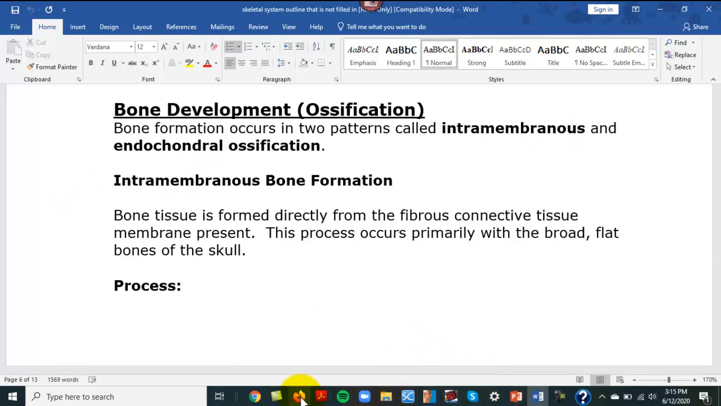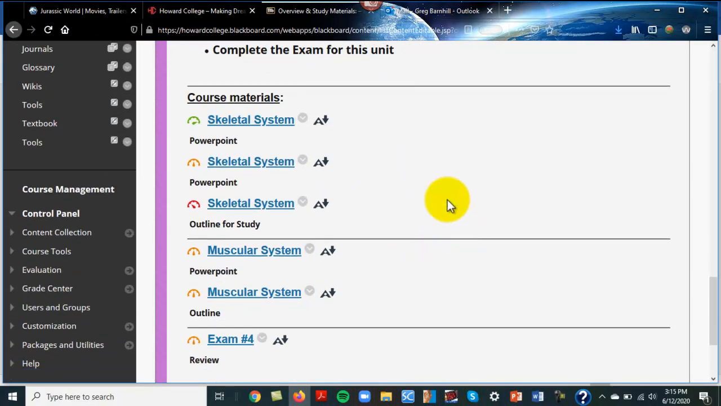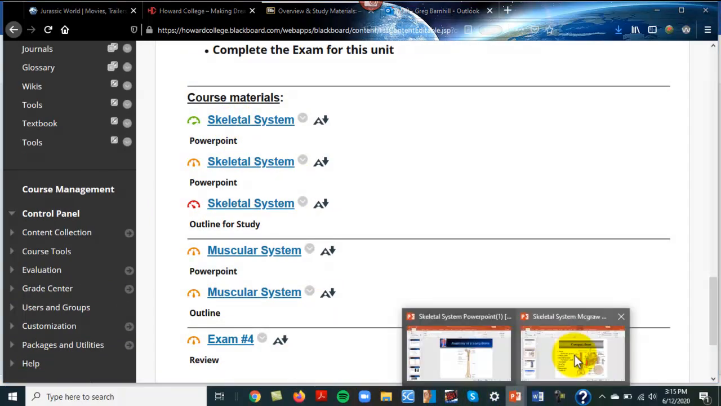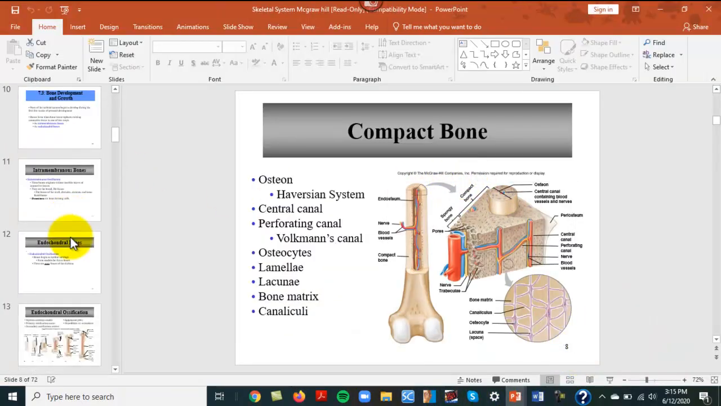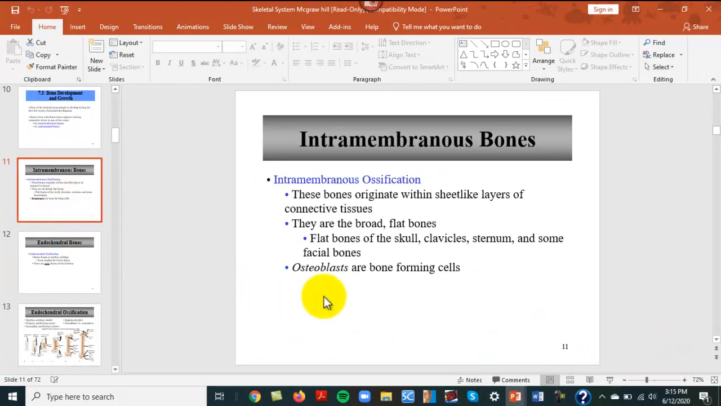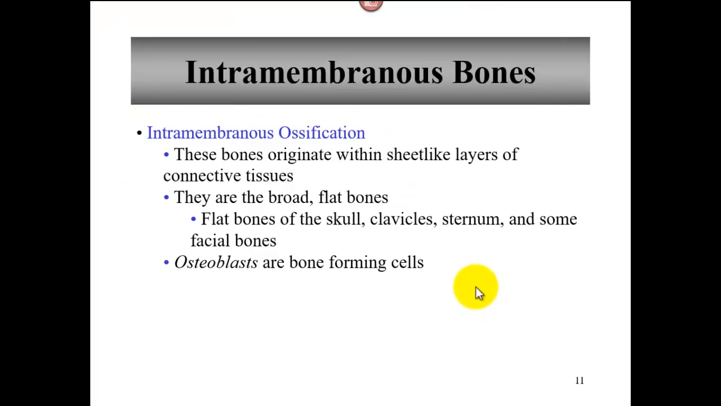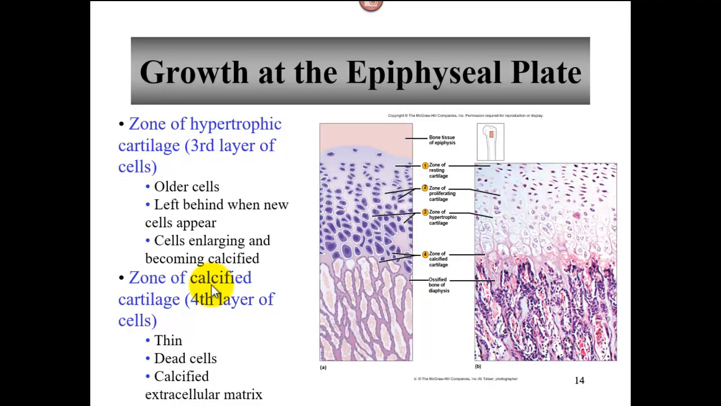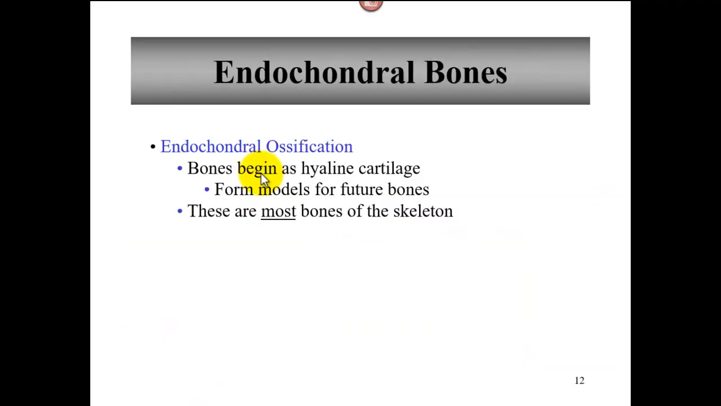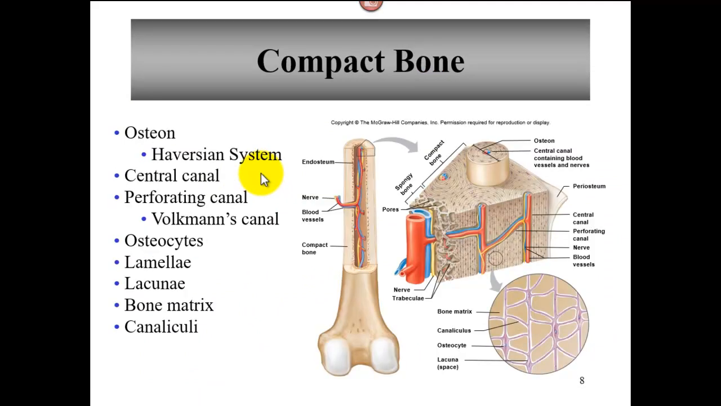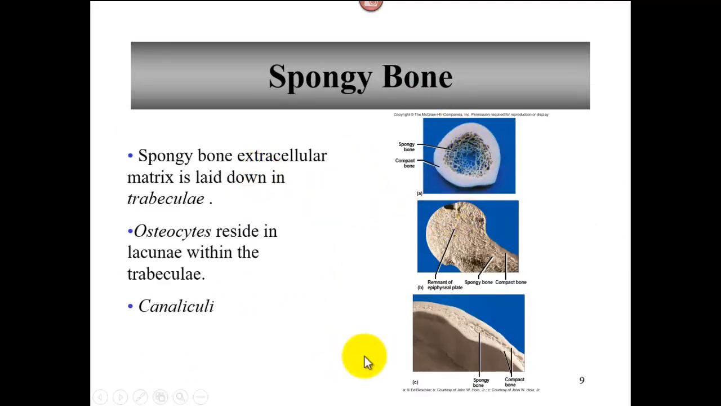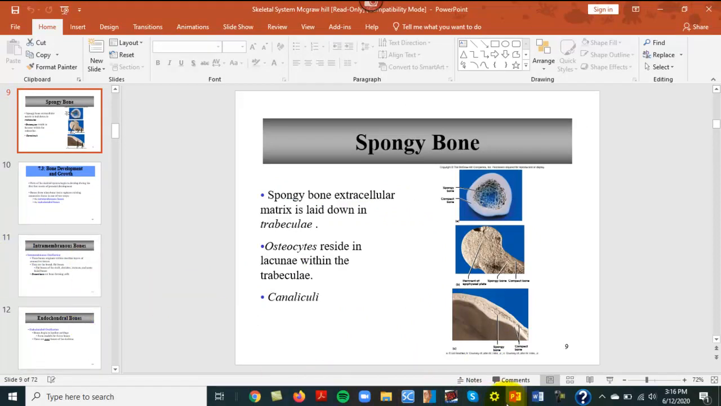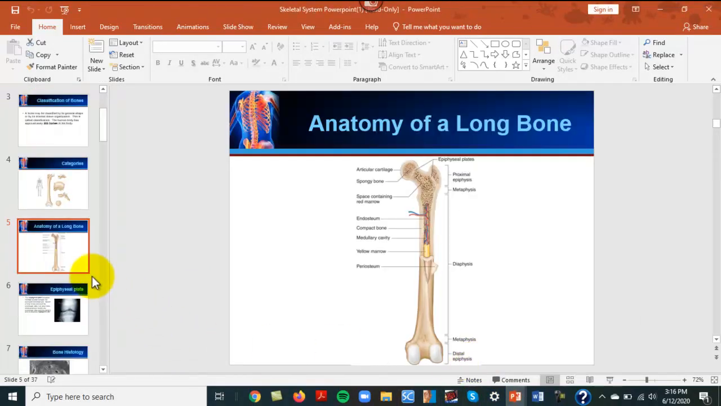Now, in this case, I'm going back to our blackboard. This is the PowerPoint that came from a textbook, which is this one. And you'll want to pull this up while you're going through this. It's got some examples of spongy bone. There's some spongy bone with compact bone. So just briefly,